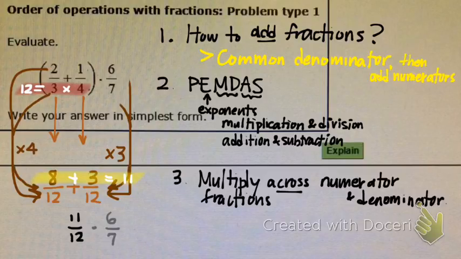So here's the thing. We could put these two fractions into common denominators to give you a sense of what that would look like. Since 12 and 7 don't have any common factors, there's nothing that goes into both 12 and 7 other than 1, we would have to go all the way up by multiplying 12 times 7 to get 84. And then we would have to multiply two fractions whose denominators were 84,